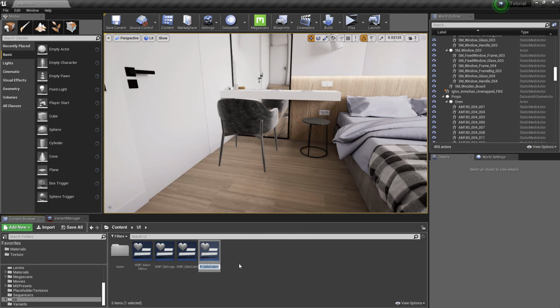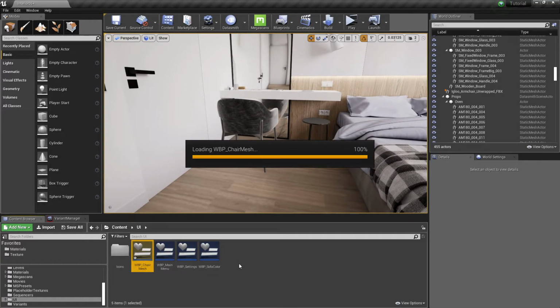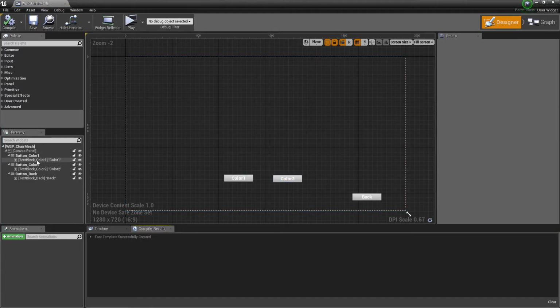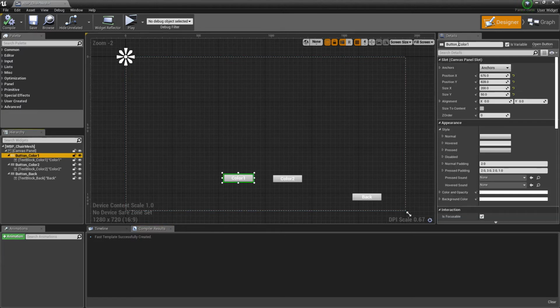I am going to duplicate the sofa color widget and rename it to save time. Rename the buttons and text accordingly.